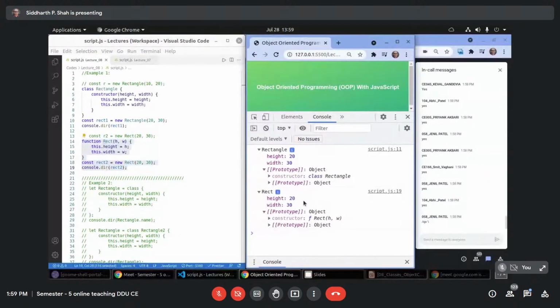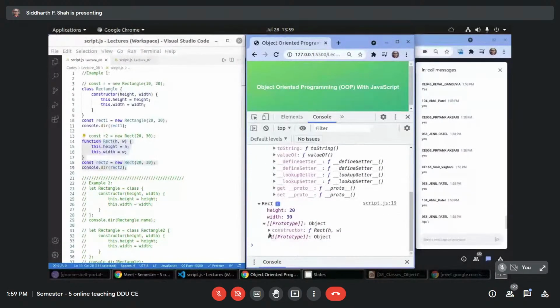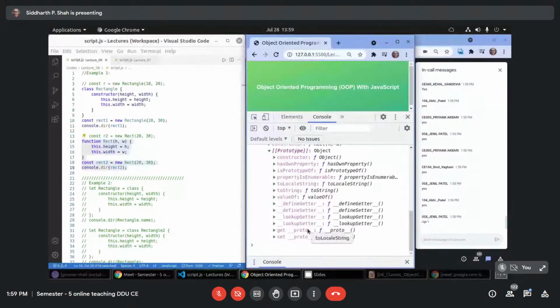The only difference is the constructor: here it is called class Rectangle, here the constructor says it is the Rect function. Otherwise they are completely the same. So this is what I wanted to show you, that the classes we create using ES6 syntax are behind the scenes nothing but constructor functions.